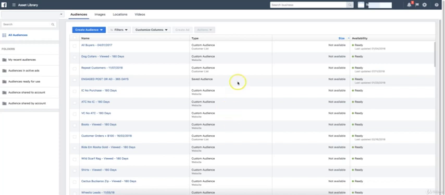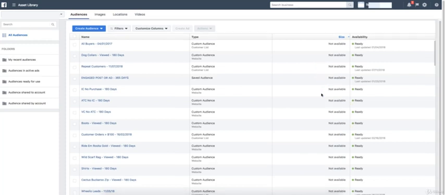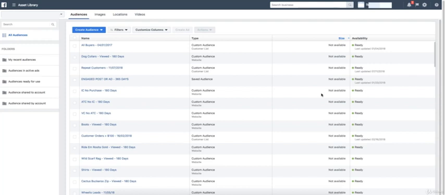Let me start by saying that a lookalike audience can be built off pretty much any custom audience. Think of website visitors, anybody that's seen the FAQ pages or your About Us pages. It can be done off customer lists, that kind of stuff. It can be done pretty much off anything. Now, the only thing I would factor into this is when you build the custom audience of